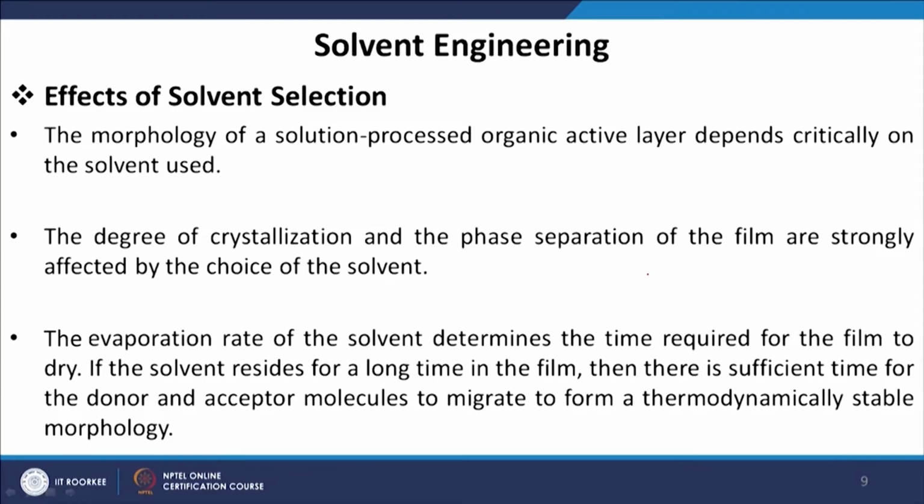The evaporation rate of the solvent determines the time required for the film to dry. If the solvent resides for a long time in the film, then there is sufficient time for the donor and acceptor molecules to migrate to form a thermodynamically stable morphology. So, if we want the donor and acceptor to interpenetrate each other to make an interpenetrated network, then we want the solvent to stay in the system for more time. So, obviously we should not choose a solvent which has a lower boiling point. We should choose a solvent which has a higher boiling point, and that is exactly what was observed while making